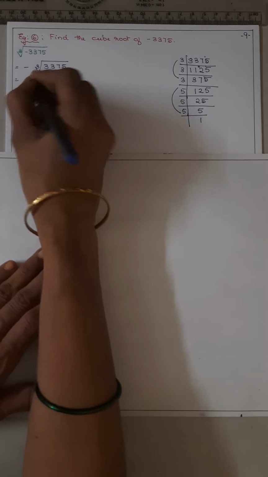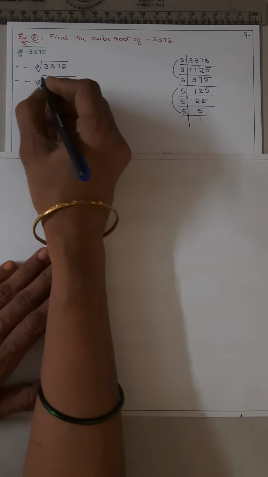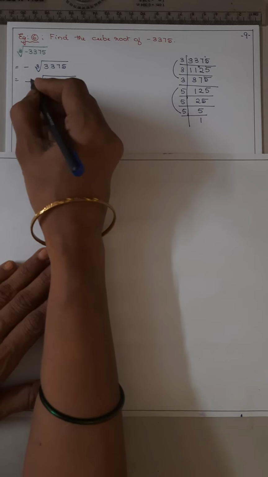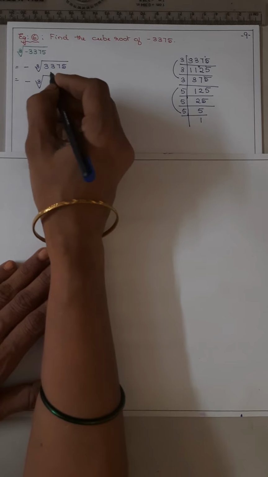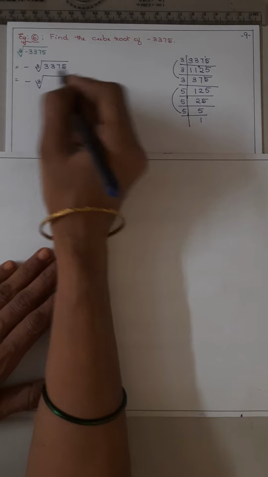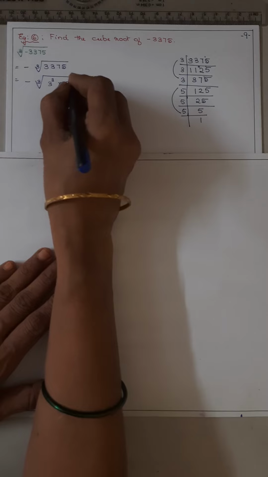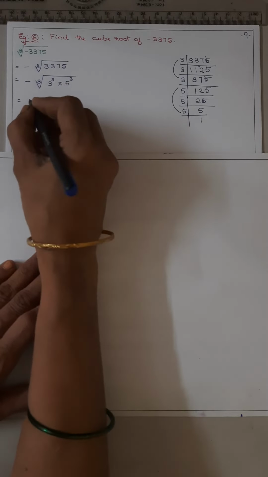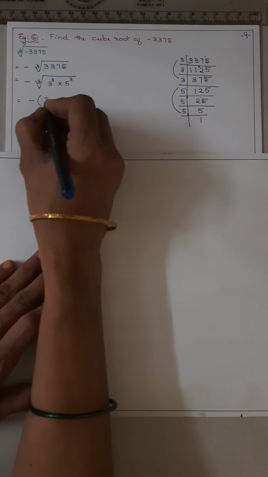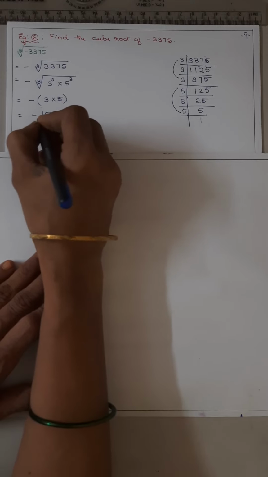So you got negative cube root of, see, the 3 should come within the cube root. It should not be written outside. Then it will be a square root. So take care while writing the cube root symbol. Now 3 cube into 5 cube. Now the cube root and cube get cancelled. 3 into 5. So minus, 3 5s are 15.